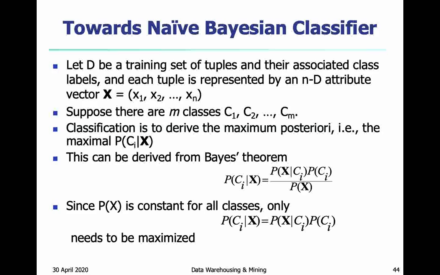Given a tuple X, the classifier will predict that X belongs to the class having the highest posterior probability conditioned on X. The naive Bayes classifier predicts that the tuple X belongs to the class Ci if and only if